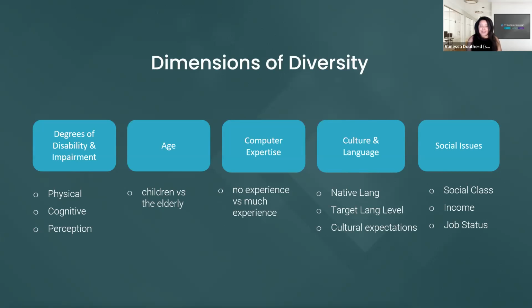But what you'll also see on this list right next to that is age. So age is a factor of diversity that we consider when we make design decisions based on universal design. Being a child is not a disability, neither is being elderly, but we all know that cognitively, children of a certain age will only be able to read or understand a certain level of words at one time, while an elderly person